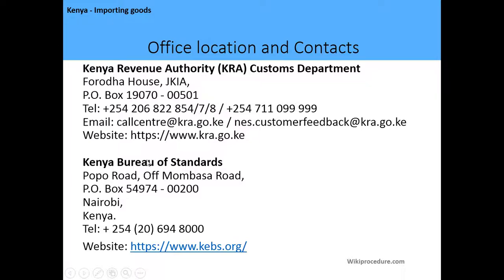The KEBS is an interested party in importation, for they'll take part in determining the quality of the goods. And you can also contact them. They are located at Popo Road off Mombasa Road, and you can visit them through their website,